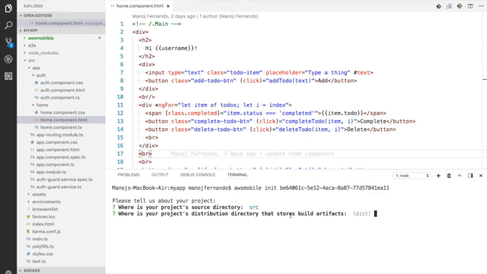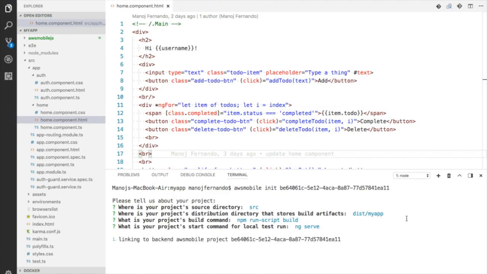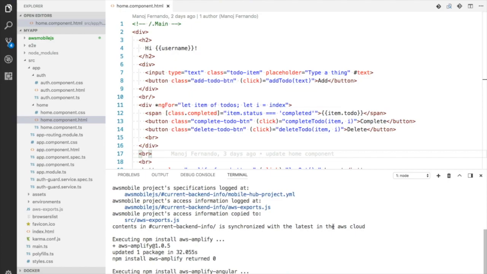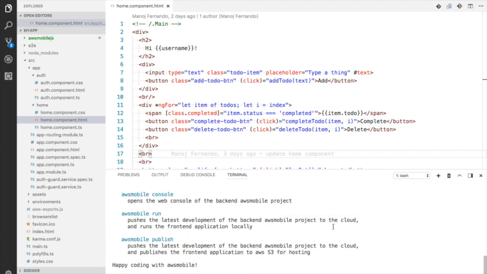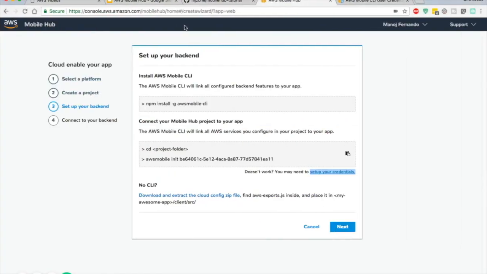Okay, source directory is src and the distribution directory is at dist slash the folder name that I've given, it is my app. The build command is the same and also start command is ng serve. Let's hit enter. And now it will connect our front-end application with our AWS mobile backend. Okay, now that the linking is completed, we can go back to the AWS Mobile Hub and click next in the wizard